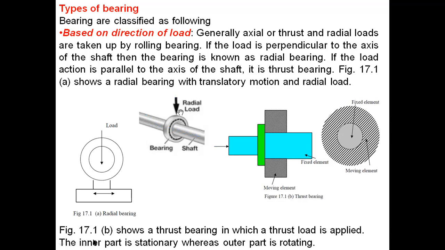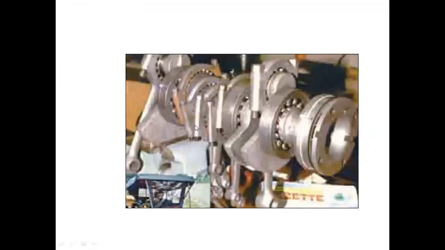So here are some bearings. You can see the figure. This is the bearing, ball bearing. Here you can see balls, and see how they are mounted. One bearing, second bearing, third, fourth, fifth, sixth, seventh bearing. You can see a number of bearings mounted on some shaft or engine parts, and how they are operating with each other. You can see from this diagram. This diagram is readily available for you also.